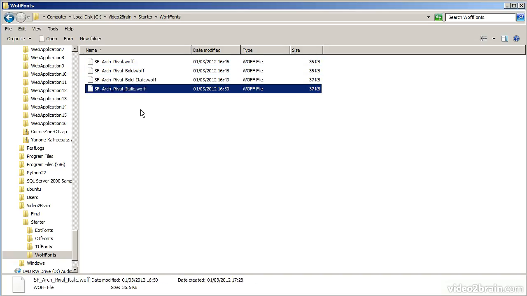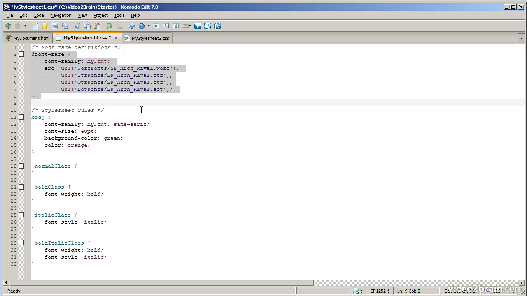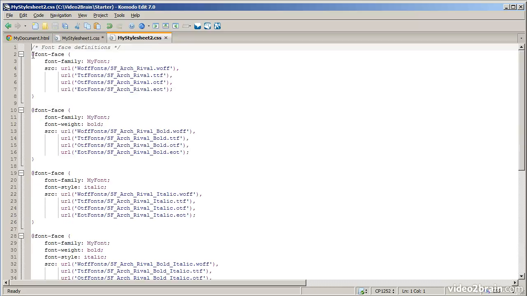These are the standard formats supported in WOFF. So what you need to do in your style sheet is to set up 4 different font faces, referencing each of those 4 separate font files. And I've done that in the second version of the style sheet here, my stylesheet2.css. So let me take you through this. This first font face is the same as we've just seen. It sets up for regular usage, in other words, not bold or italic. It'll say, here's a font called my font. And in regular circumstances, that's the name of the file